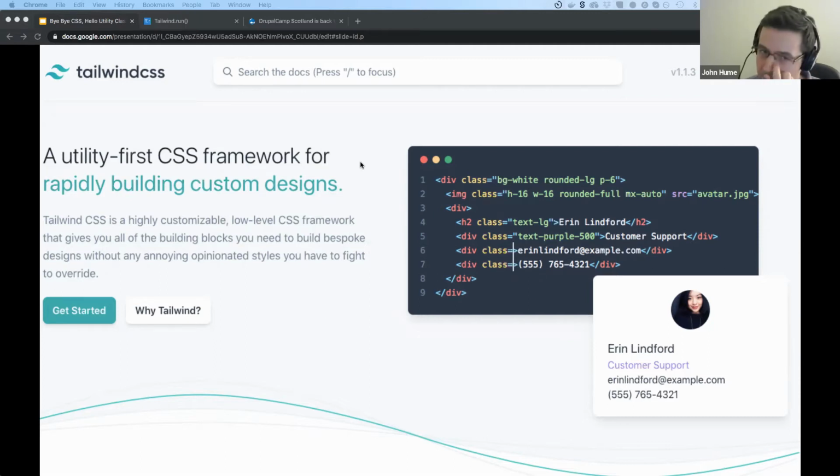It works on the premise of utility classes. So each utility class will apply certain styling to the element that it's added to. This screenshot here is the Tailwind CSS homepage, and you can see in the code block an example of some of the utility classes. You have things like bg-white, which turns the background white. Rounded is border radius, p is for padding, h and w are height and width, and that doesn't mean height